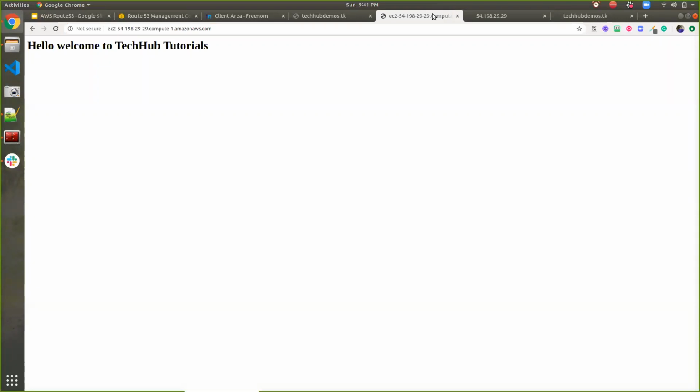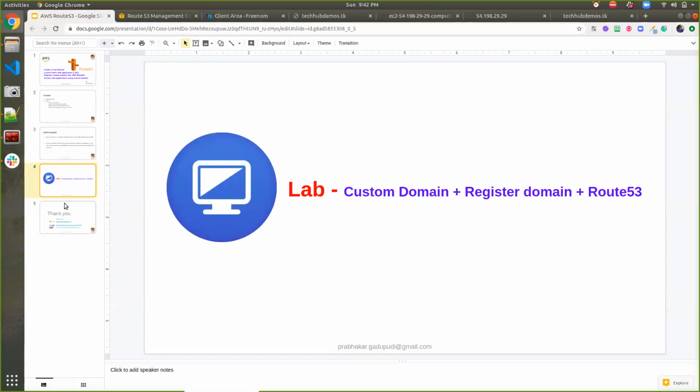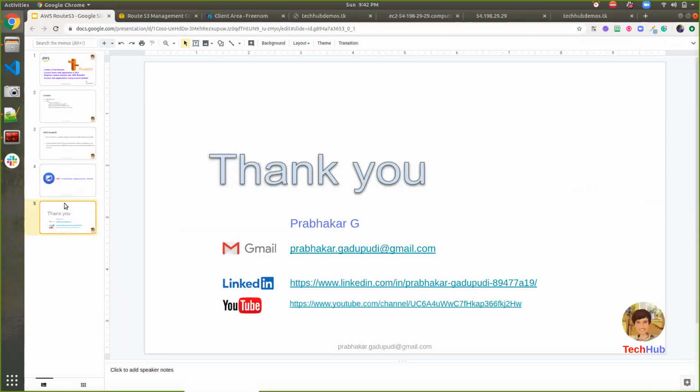If you see, earlier I accessed it using a public DNS name which was provided by AWS. After that I accessed it using a public IP which was provided by AWS, and now I have accessed it using the custom domain which was created by me on freenom.com. So this is how we can create the custom domain, launch the web application on EC2, and do the required settings and configuration on Route 53, in order to access your website using a custom domain.